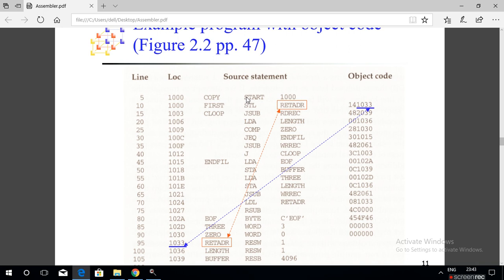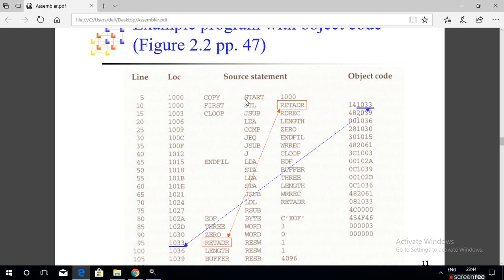This is the opcode, the mnemonic opcode field. If opcode equals START, what do you have to do? Now I am explaining the algorithm for pass 1 of an assembler.